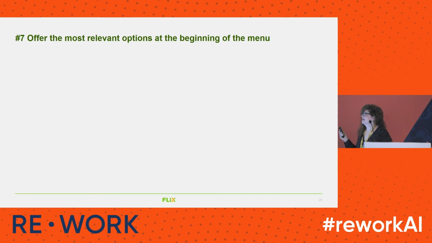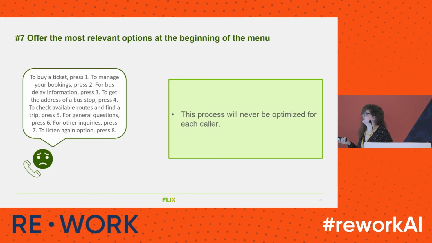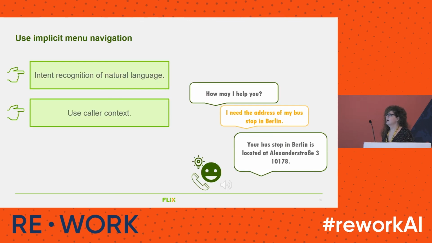And how can we make this interaction more implicit? Basically, we cannot fix this problem of the menu by just accumulating the options for the things you think you are going to receive more calls about at the beginning, because this process will never be optimized. You know, maybe everybody wants to buy a ticket because the experience is so good, but somebody will call you about, can I bring my dog on the FlixBus? You're always going to get these kinds of questions. So what is the solution here? Implicit menu navigation, or therefore